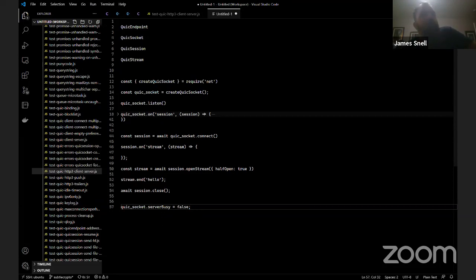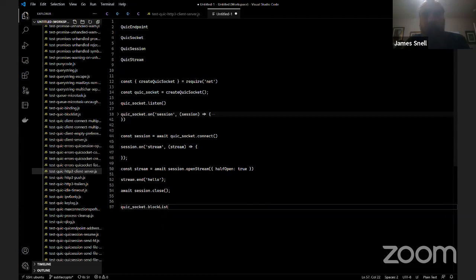Okay. So aside from just the basic API, there's a number of elements in here that are intended to make it easier to respond to load more dynamically and more intelligently. The other thing that I've done is that I added the block list support into Node in a separate PR. Eventually, that's going to make its way to the rest of the net functions, but